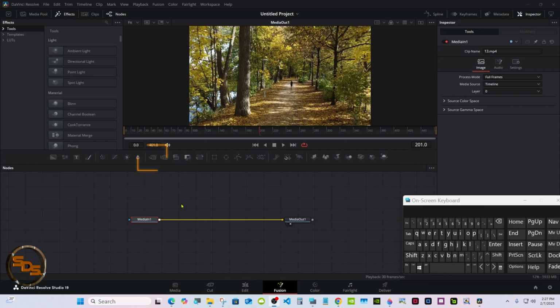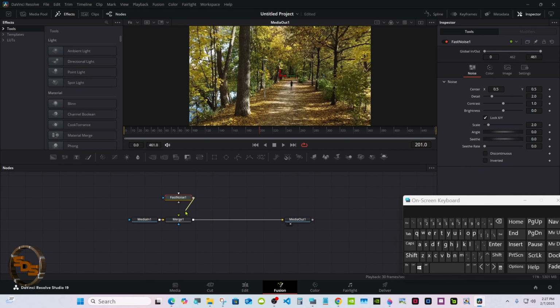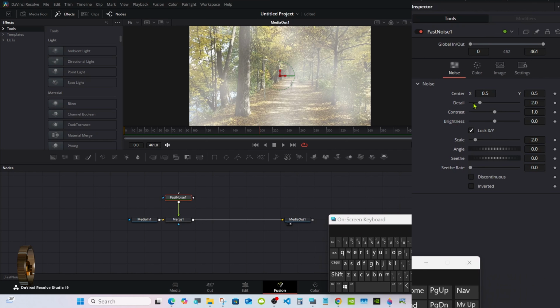With the media in selected, get a merge and a fast noise. Pipe it together like that. Take the detail all the way up to the right. Set the brightness on minus 0.4. All these controls will be in the macro. Seed rate set to 0.01. And